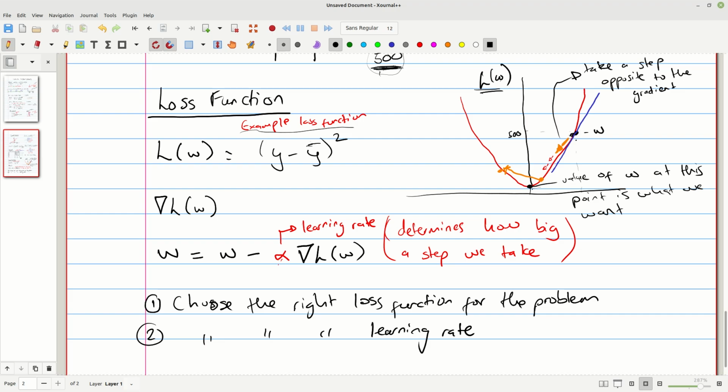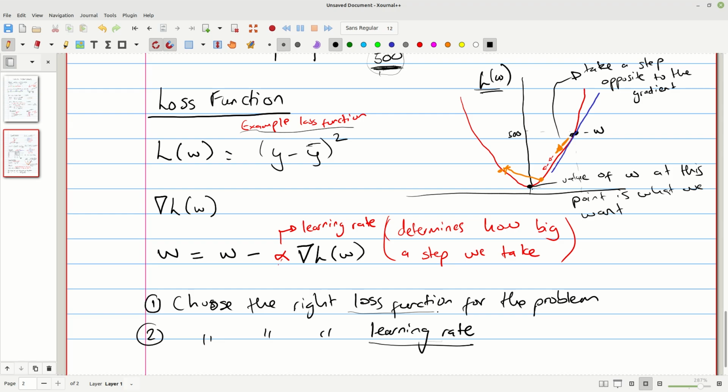So there's always a middle point whereby we try to choose the right learning rate, and we try to choose the right loss function. In future lectures, we are going to look at how we can go about choosing the right loss function and the right learning rate for a problem.